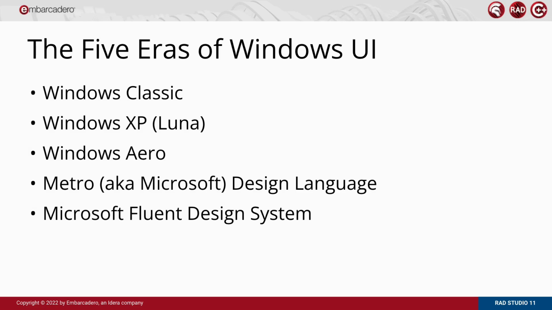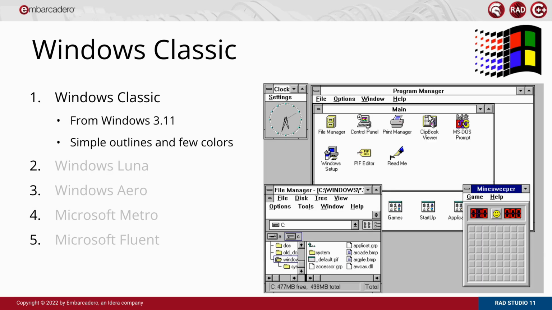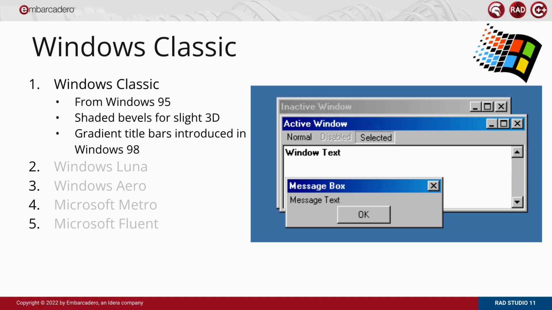So, history lesson, we're going to go through the 5 eras of Windows UI, starting with Windows Classic. This is maybe pre-classic, if you will. This is the Windows 3.1.1, which was very simple outlines, very few colors. It was 16 color to 256 color display, so not the millions of colors we have today. Very, very simple. Then Windows 95,